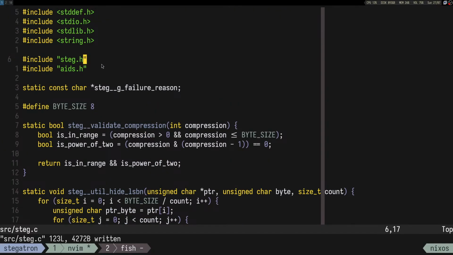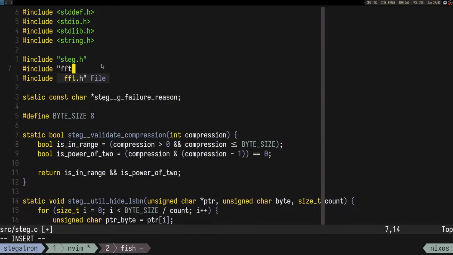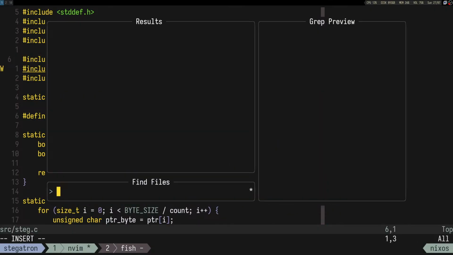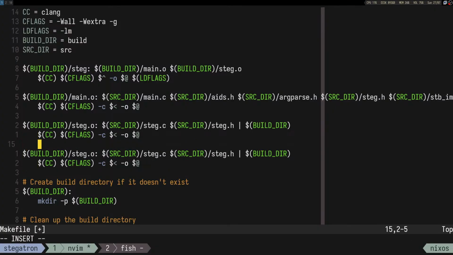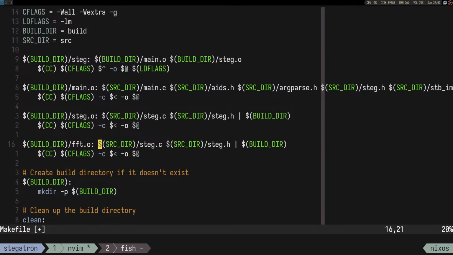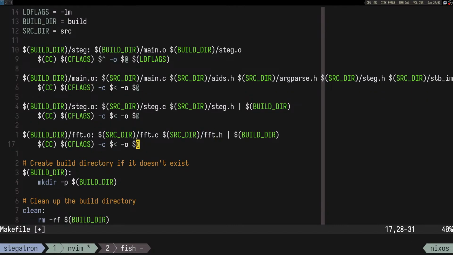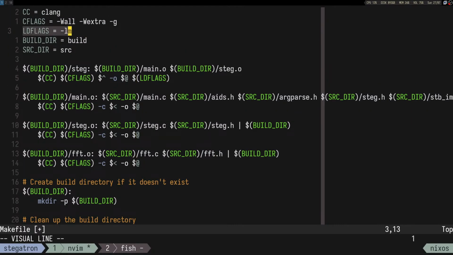Right, so let's include fft.h in here. I have to change the makefile, so let's also compile fft.o from fft.c and fft.h. This one also requires lm, but we already have that. I don't think it requires like L complex or something. Okay, and stack.o now depends on